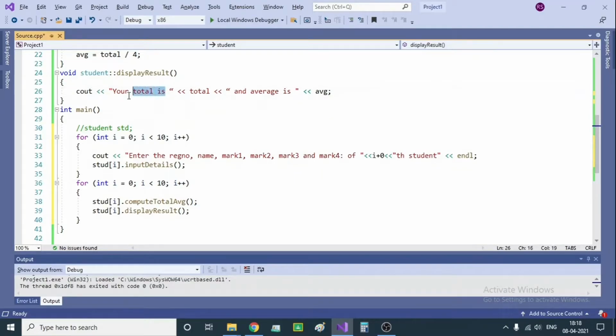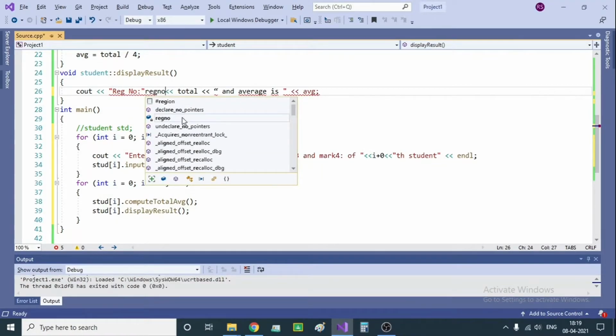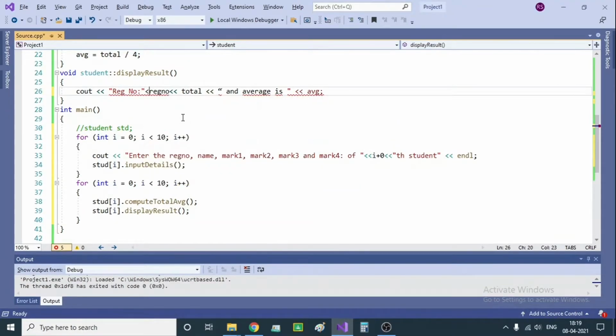So let me reformat it. So it will show register number, and then it will say the name.